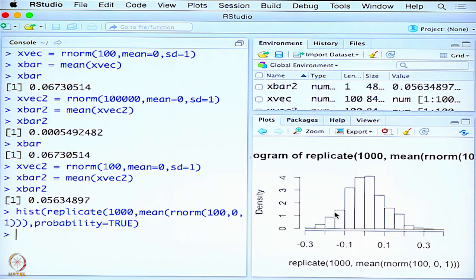So, here I have this plot where what I have on the y axis is the density function. Straight away we see that this x bar has a Gaussian distribution, right. You can straight away say by looking at the histogram that it has a Gaussian distribution. If there are doubts on this, then we can increase the number of replicates or perhaps the number of observations. In fact, we will learn in the lecture that theoretically x bar follows a Gaussian distribution regardless of the sample size when the samples come from a Gaussian distribution.